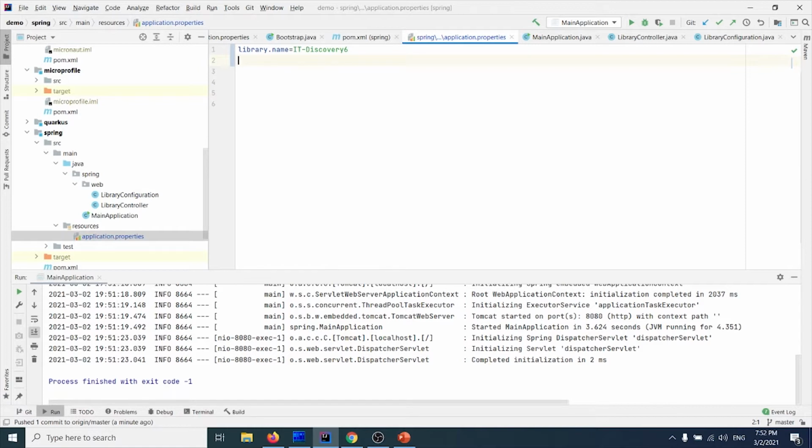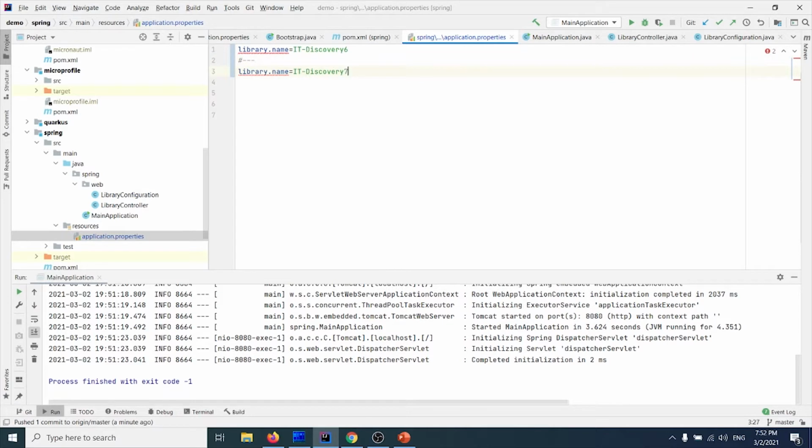It's a rather cool feature in Spring Boot 2.4. If we want to add a new profile here, we need to add a special comment, hash character and 3 dashes, and create a new value here, library name equals